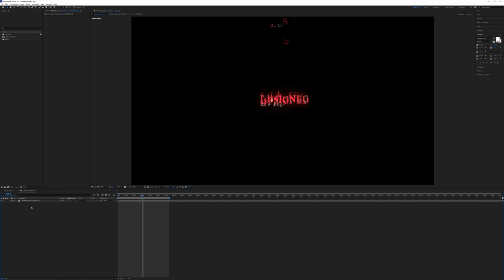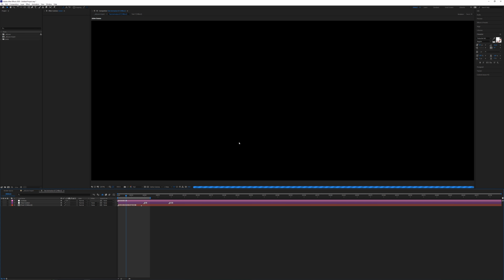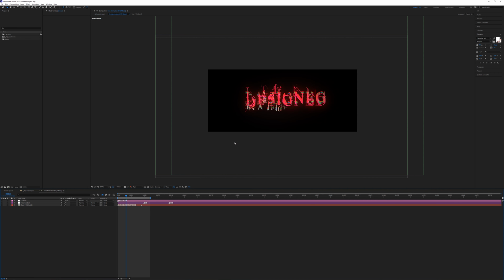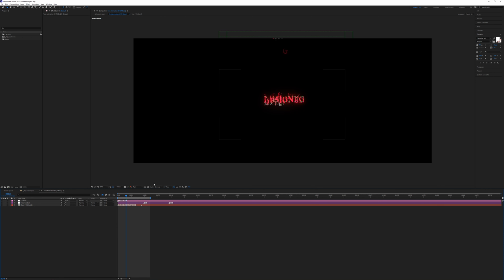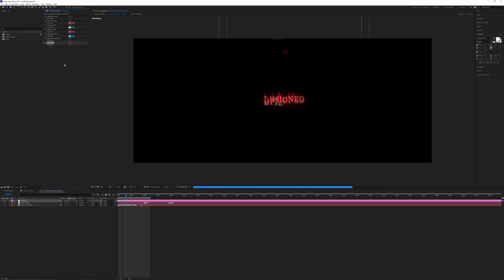So now what we have to do is go inside this text animation composition. And then we're going to have to start resizing some of these layers too. So on this composition here, we're going to do Control K, and this is actually fairly small. So you could make this as large as you want. So what I'm going to do, I'm going to quadruple this resolution. Wait for that to load. And then what we can do, go into our control setting right here. And then we have a text size control. And then all we have to do is do 4 times that value too. And then we'll have something that builds up the composition a little bit better.